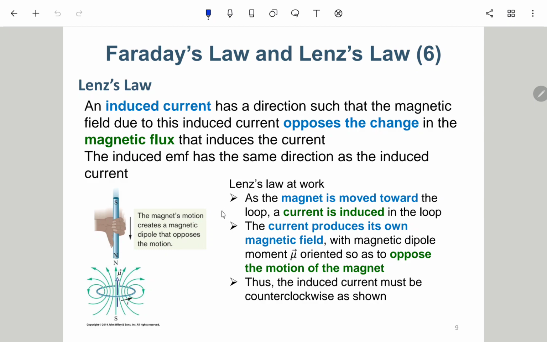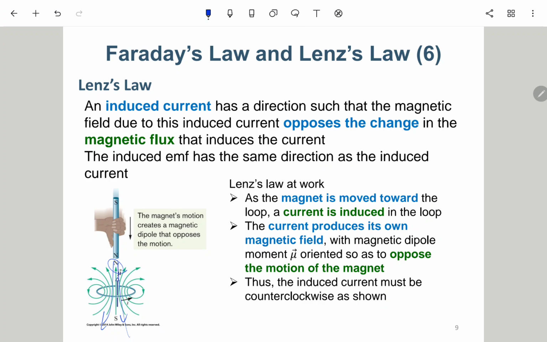moving close to it, then the magnetic field generated by this magnetic bar should be something like this, pointing downward, and it will be stronger and stronger because this B field, if it is closer to the bar, should be stronger. Okay, so if we try to move this bar closer to the loop, the magnetic flux pointing downward is actually